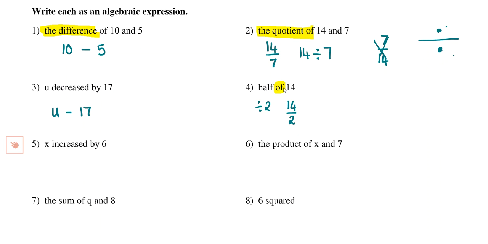The word of. So the other way to look at this, and this is super important for you as you move forward, how can I say a half of 14 then, Jai? Well done. 1/2 multiplied by 14 means the same thing, doesn't it? So 14 divided by 2, or 1/2 multiplied by 14, or 14 multiplied by 1/2, gets you the same